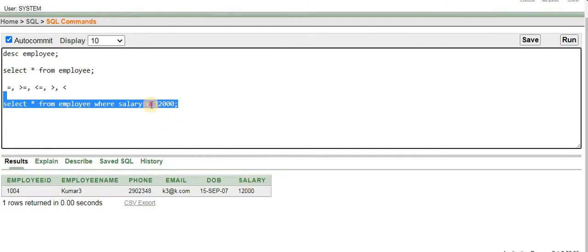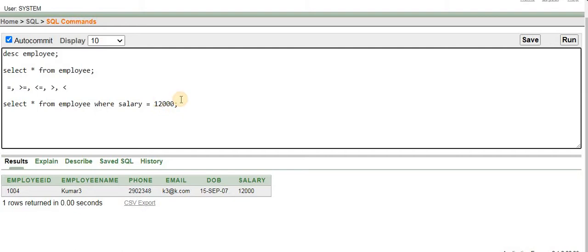If I use this equal to operator, it will verify this condition and validate the employee table records. It checks whether any record is available in the salary column whose salary is 12,000. If the record is available, it returns true, and in this situation the particular row is returned as a result. This is the way I can use the equal operator.